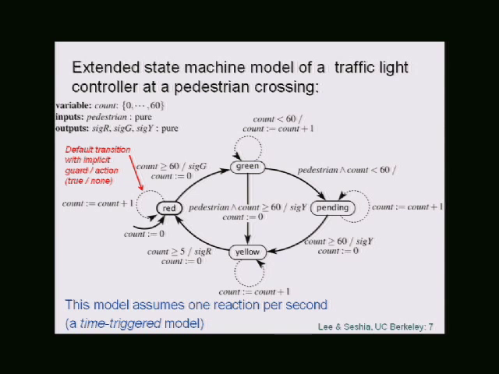In this variable count, yeah. No, you also have to know whether it's red or green or pending or yellow. Yeah. Does that have to be part of the state? Well, okay, so the question is, in this model, the state is not only the value of count, but it's also the bubble that you're in, right? So the state is going to be a tuple comprising of